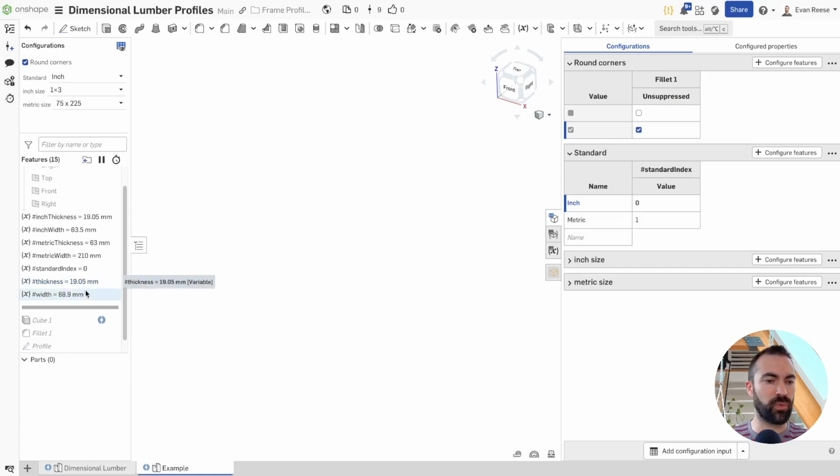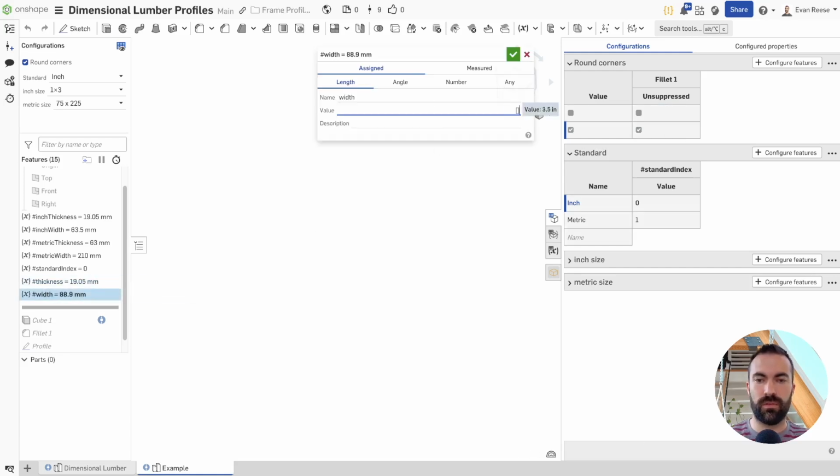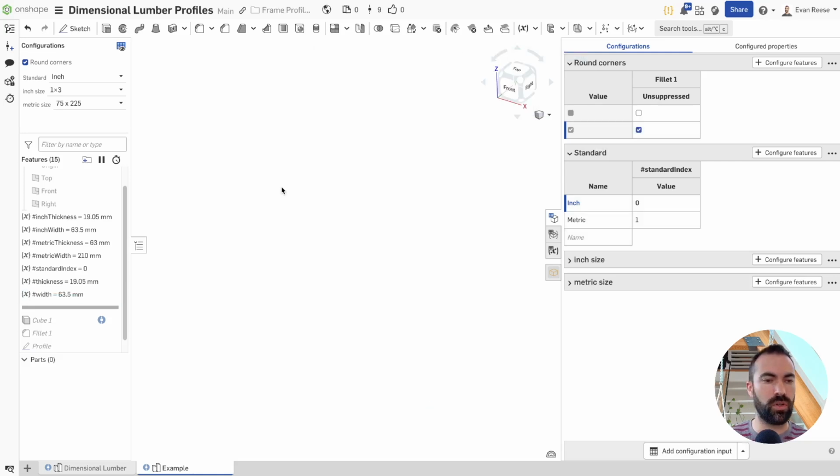And we'll do the same for width. I like to just type all of this stuff in sometimes first so I get my syntax right. Inch width and not inch, metric width, standard index. Cool. All right, so now